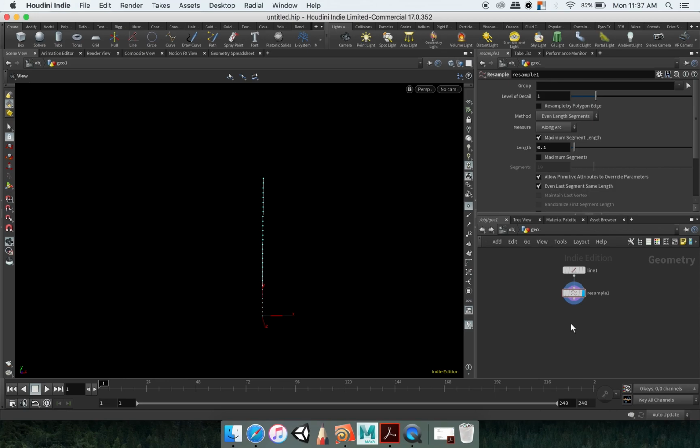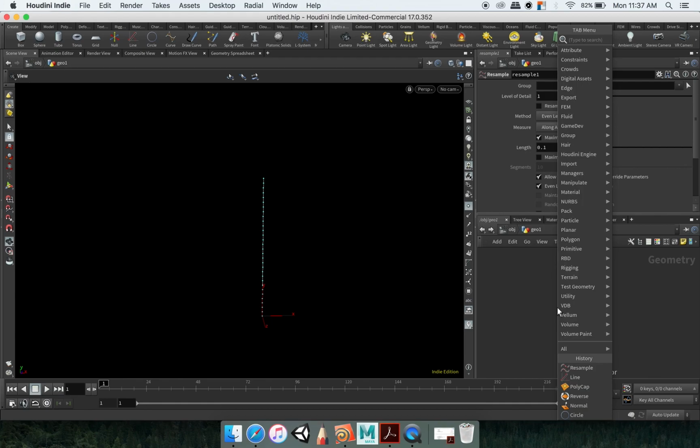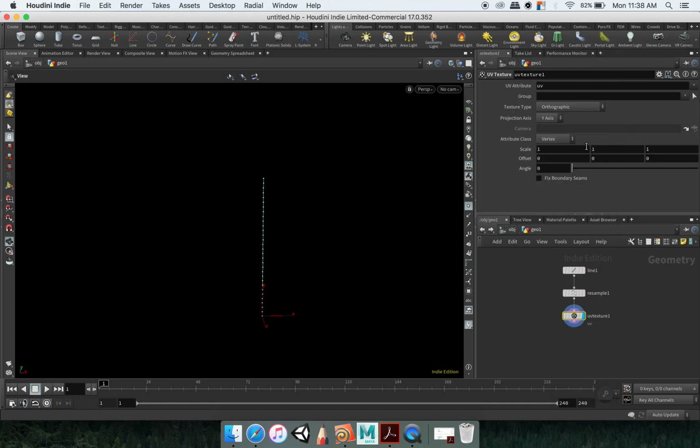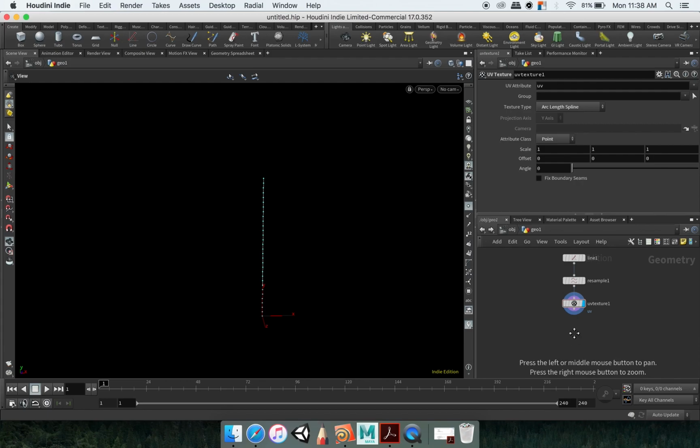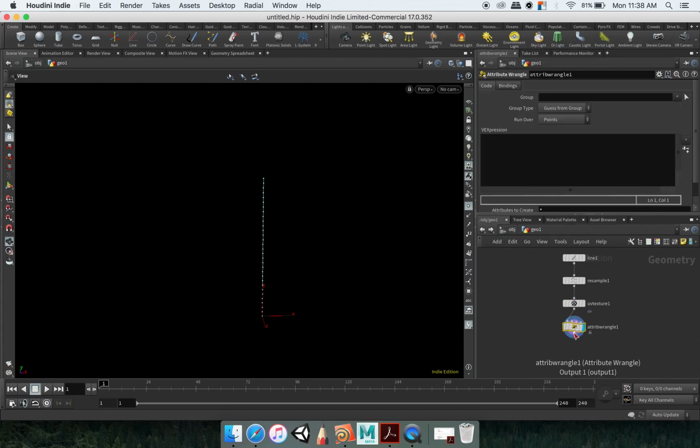So for us to get that on a line or a curve, we're going to actually use a UV texture node. And put this to point, and instead of orthographic, we're going to set this to arc length spline. And so now you can see that the first component of our UV attribute that it just created goes from 0 to 1. And we will use that in the next wrangle